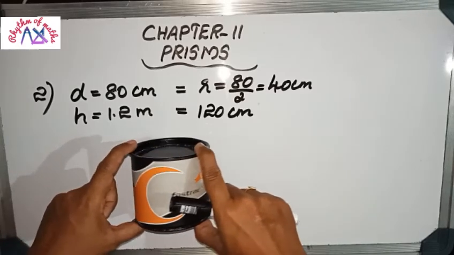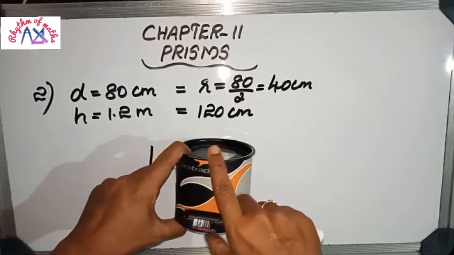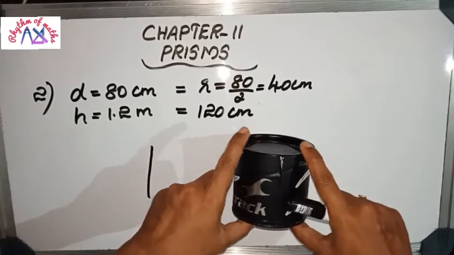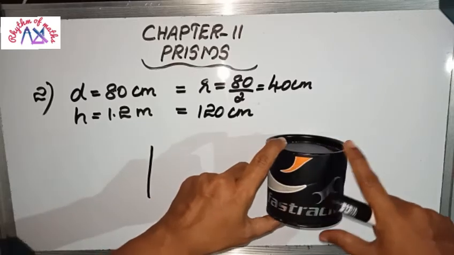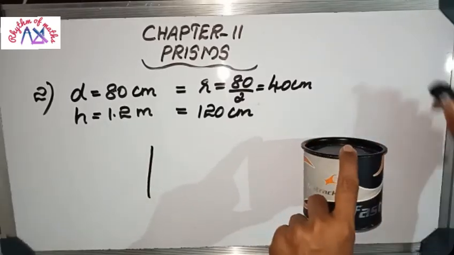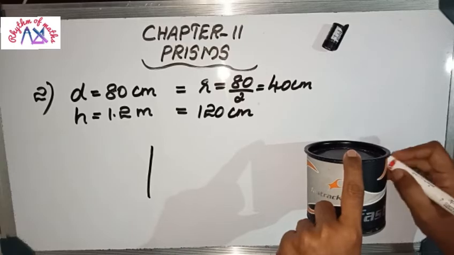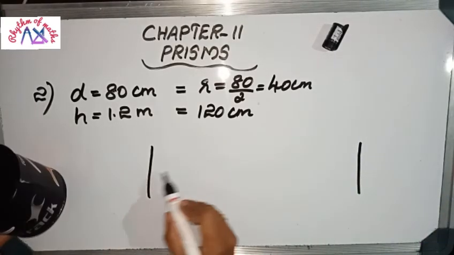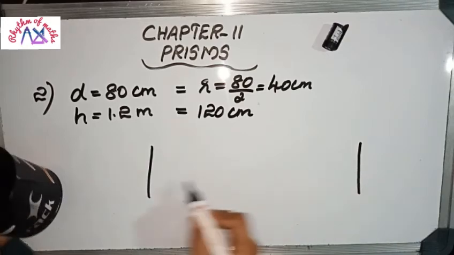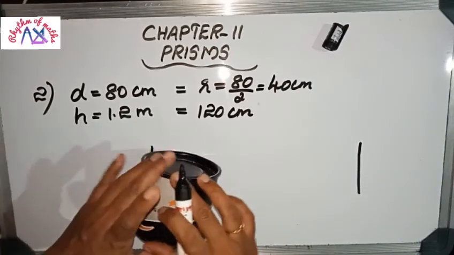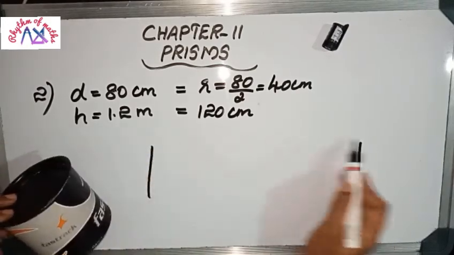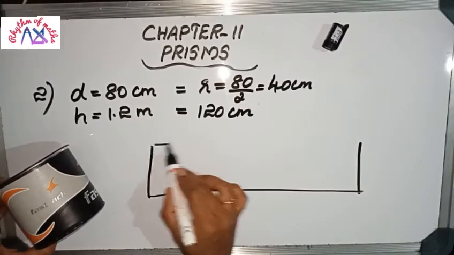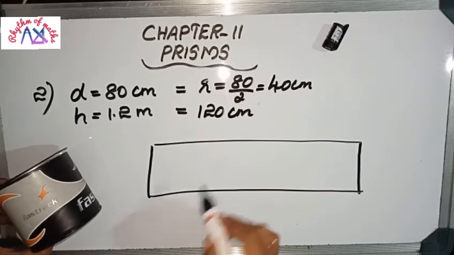So when it moves like this, and we started from this point, when it rolls once, that means at this point it ends. That means this portion, from this point up to this point, is what the wheel moves. So what will be the area of this leveled surface? That is the question.